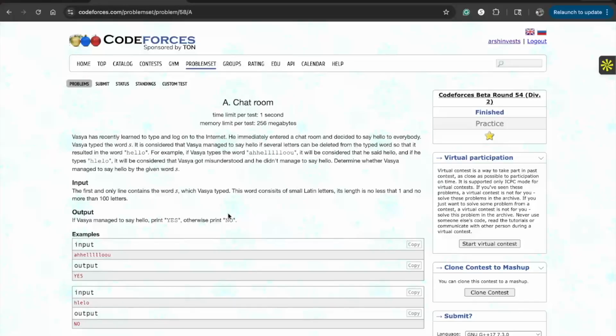Hello everyone, let's talk about this question. It's called Chat Room. Vasya recently learned to type and log on to the internet. He wants to say the word hello in a chat room, and he can type it in a lot of different ways. One of the ways that we are given here is something like this, and we're told this string will be considered hello in that group chat because we're able to make the word hello from this,